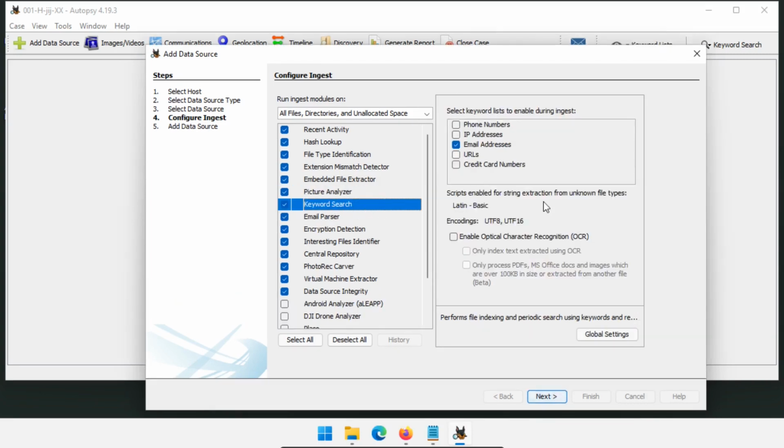Next is keyword searches, and you can do quite a few things with keyword searches. By default, they have phone numbers, IP addresses, email addresses, URLs, and credit card numbers. URLs, email addresses, and IP addresses are all fairly universal. Phone numbers by default are set up for the US style phone numbers, so you might want to modify that if you're looking for other phone numbers. By default, it's also only looking for Latin basic, so we will need to modify that if we want to